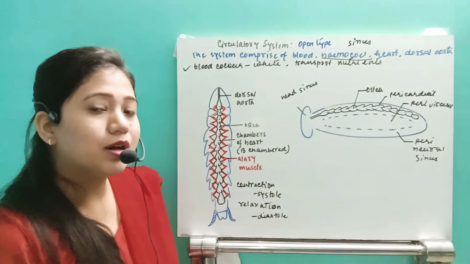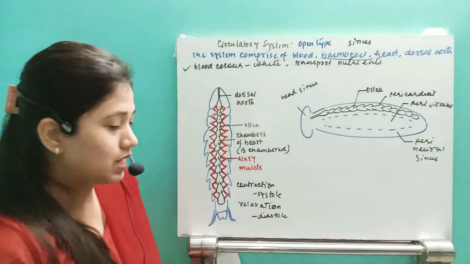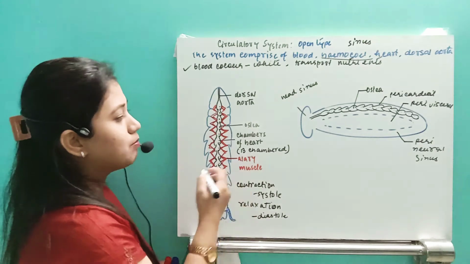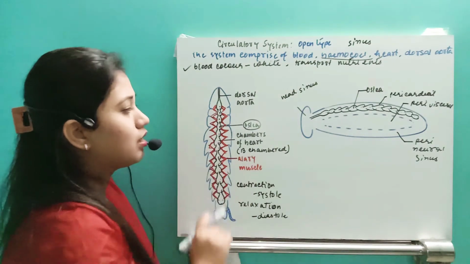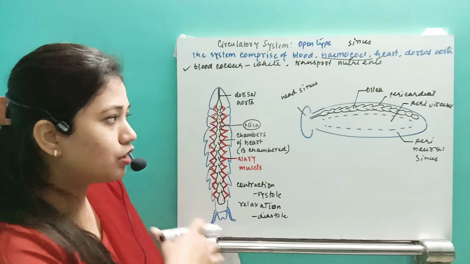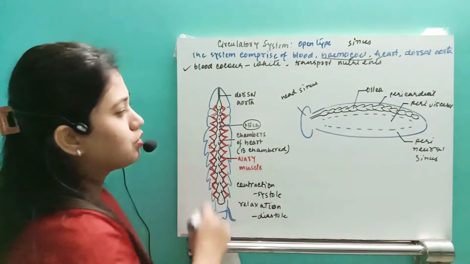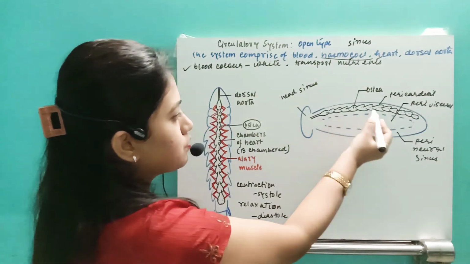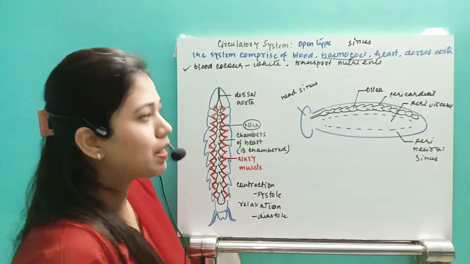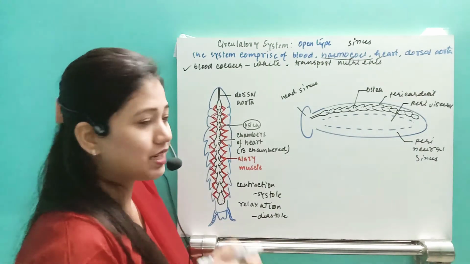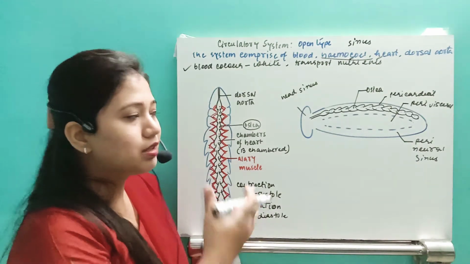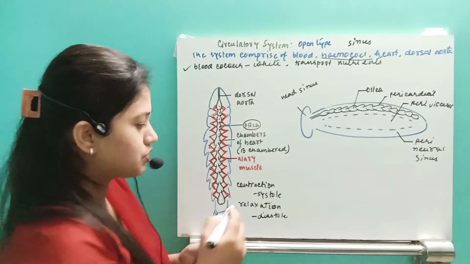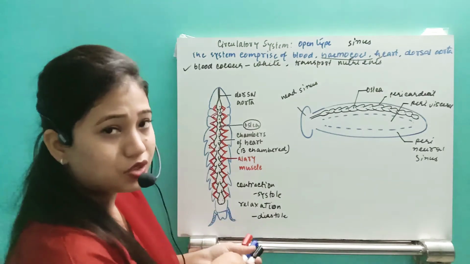Now, how the blood will be pumped is a very important point you need to know. To enter and exit the blood from their heart to the different parts of the body, they have openings called ostia. Ostia are just like small holes. Those holes help the blood to enter inside the heart, and whenever they have to pump, the ostia close.